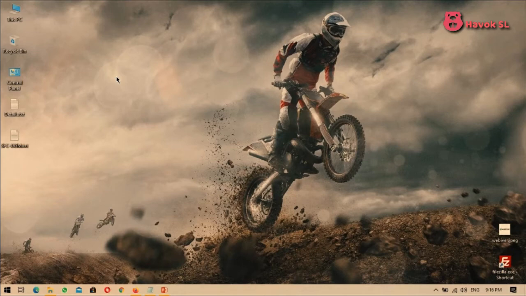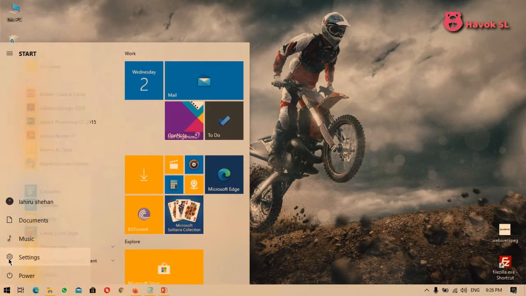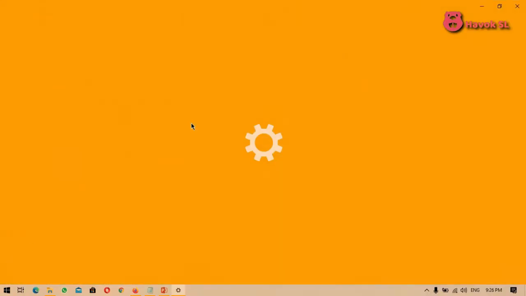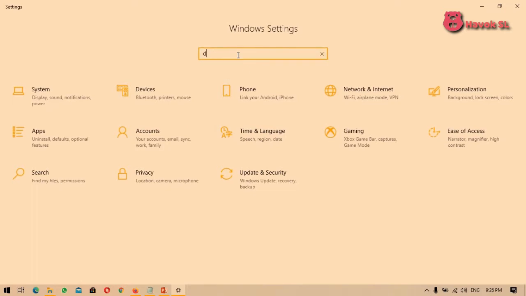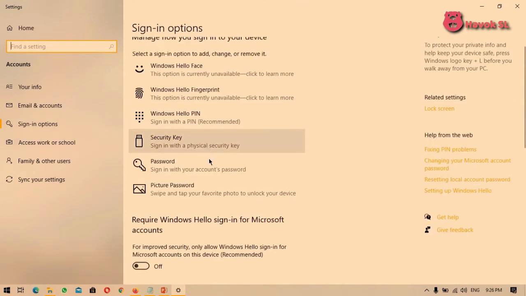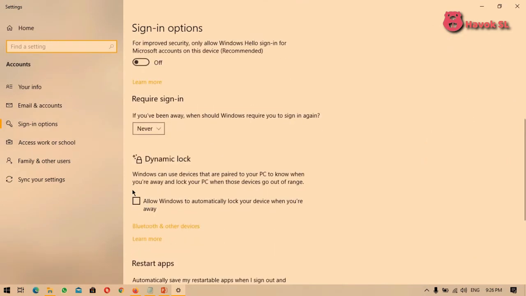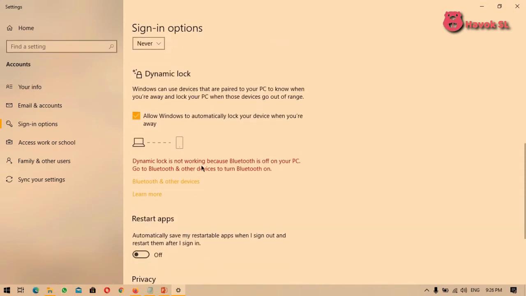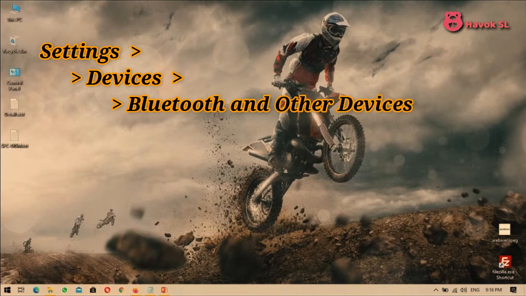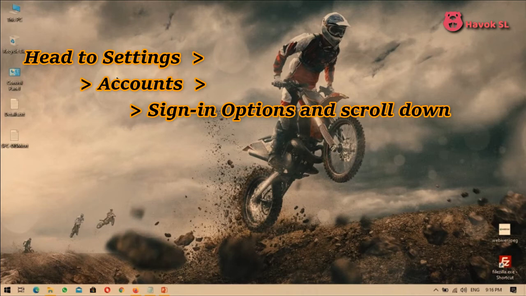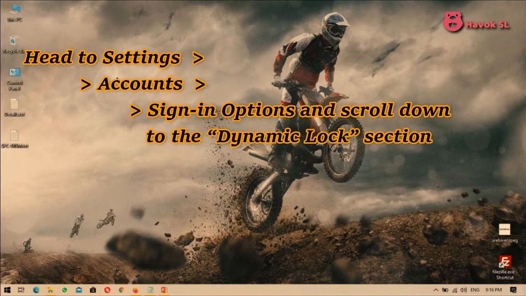To do this, go to Settings, Bluetooth on your smartphone, Android or iOS, and toggle on the slider. And on your PC, follow the steps as shown on the screen: Settings, Devices, Bluetooth and other devices, and then click Add Bluetooth or other device. Select your phone, confirm the PIN, and they will pair.